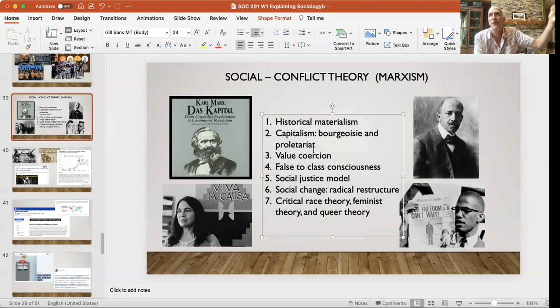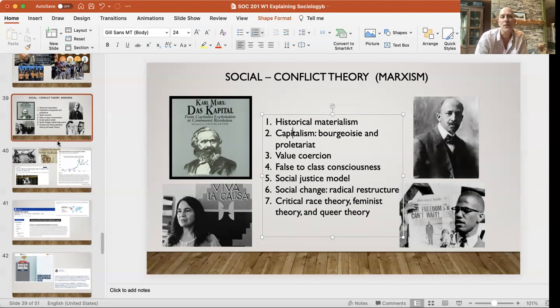Academics today are neither purely functionalist nor purely Marxist in orientation. They're neo-functionalist, new functionalist, or neo-Marxist, new Marxist. So it's taking the ideas of Durkheim or Marx and reworking them to be more consistent with the reality of the world we live in today. Conflict theory has much more of a focus on social justice, on ensuring the democratic principles and our constitutional protections are there for everyone. There's a model of social justice, of addressing race, class, gender, sexual orientation, sexual identity, and other parts of our lived experience, examining these to create change and move towards greater justice.